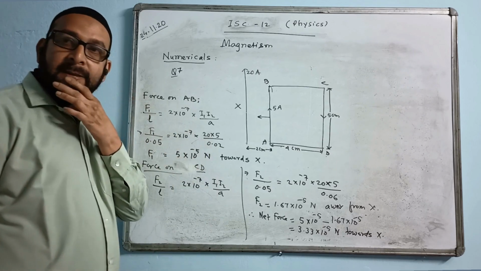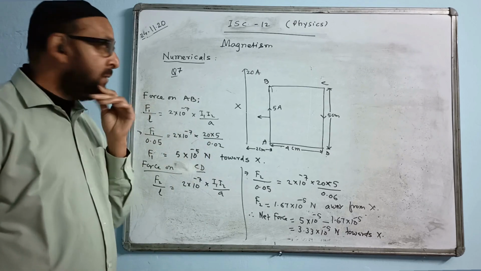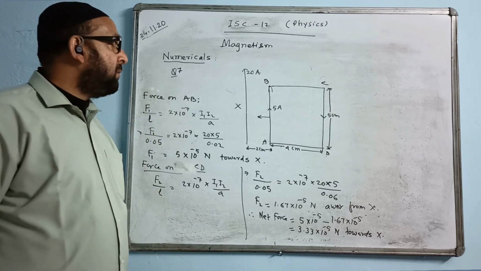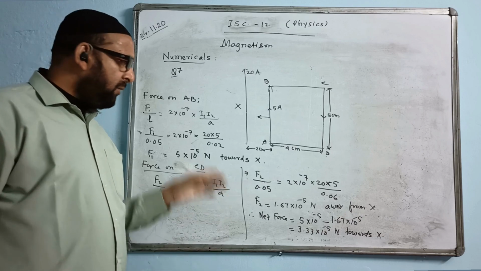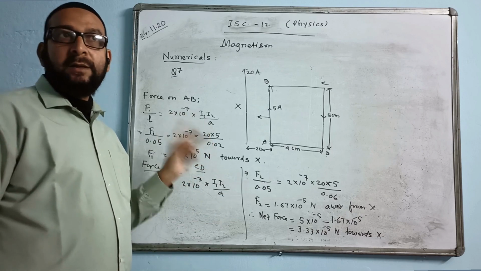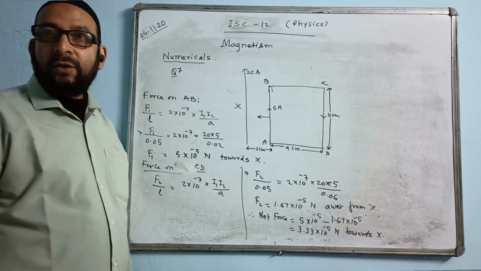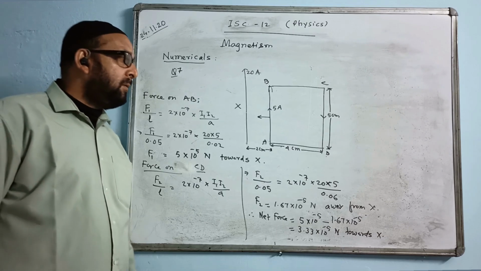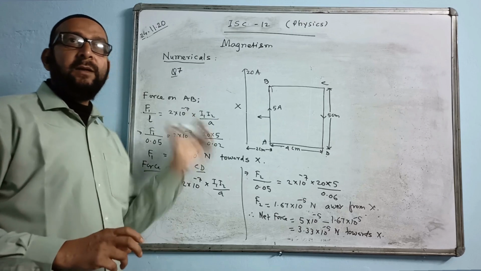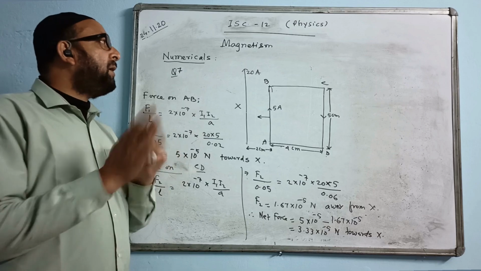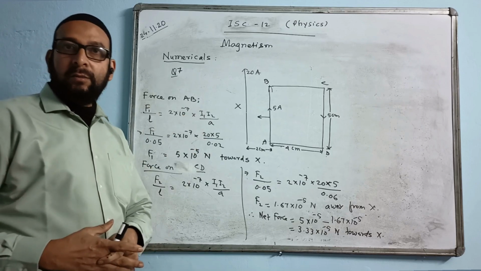So, this is the solution of this problem. Let's do this much today. Next day, we'll do one or two more problems on it and start a new topic, electromagnetic induction. That is the last part of magnetism. Then we have alternating current only to be done. Actually, alternating current will start after this. So, thank you for the day.